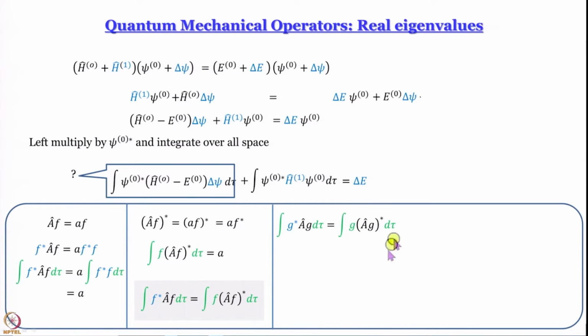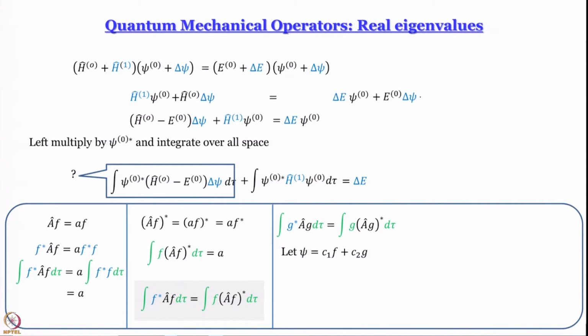So, we write this, but there is a reason why we have written it. We want to bring in a different function here. To do that, we take a linear combination of f and g, psi is equal to C1 multiplied by f plus C2 multiplied by g. Why? Because we want an integral f star a hat g d tau. This linear combination will enable us to do exactly that.